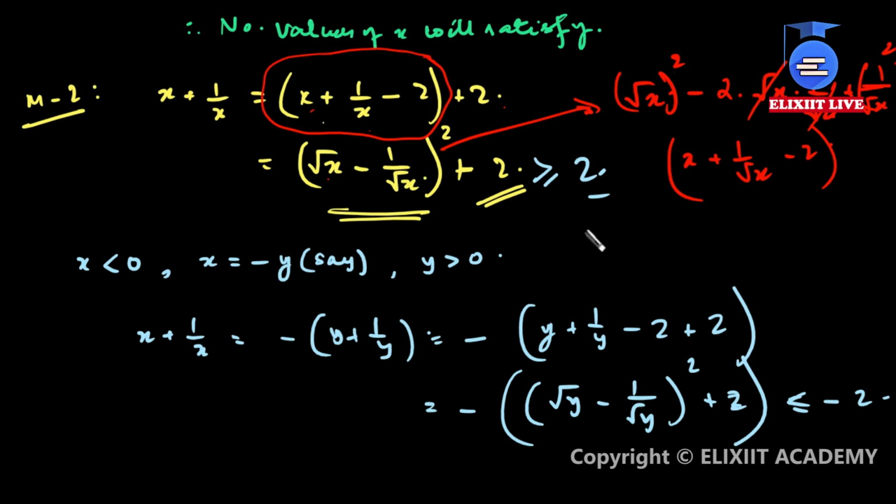So ultimately, why are we doing this? We see that this particular expression is a whole square. Because it is a whole square, it cannot be negative. Minimum to minimum this can be 0. 0 square is 0. But this cannot be negative at least. The output cannot be negative. So because this is 0, 0 plus 2, the minimum value of this is actually